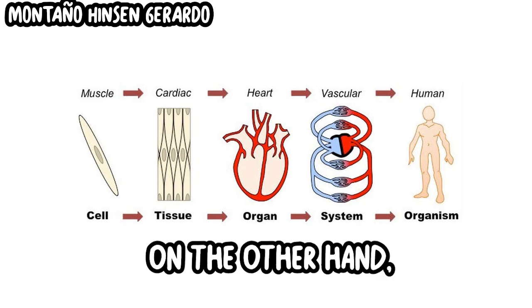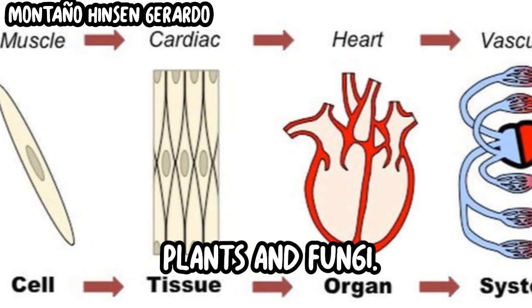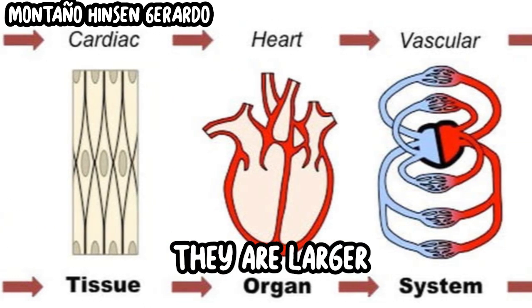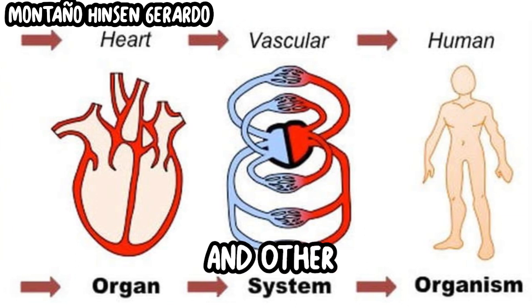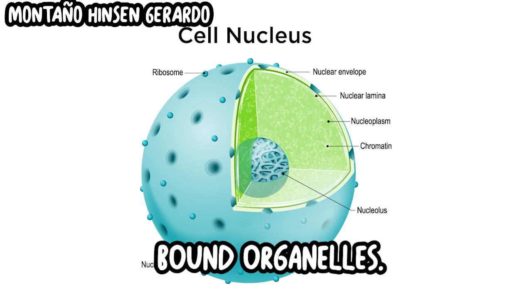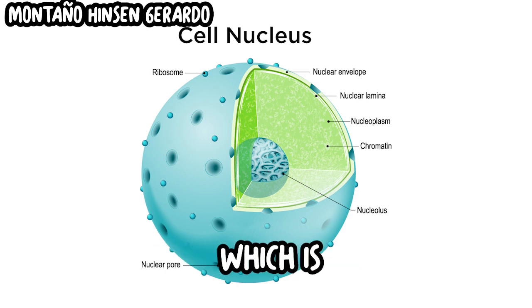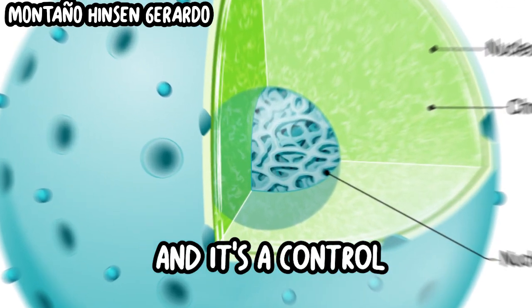Eukaryotic cells, on the other hand, are found in multicellular organisms such as animals, plants, and fungi. They are larger in size and more complex than prokaryotic cells, and contain a nucleus and other membrane-bound organelles. The nucleus is a membrane-bound organelle. This nuclear membrane bounds a structure that contains the cell's genetic material, DNA, and it's the control center of the